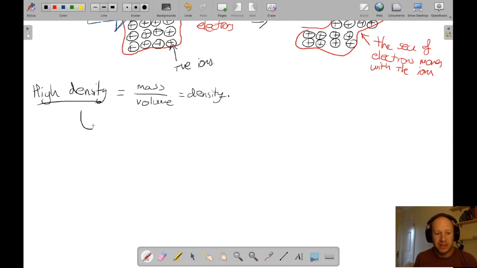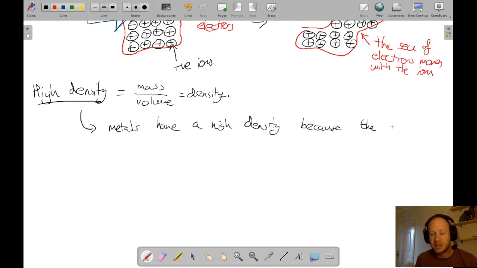So let's have a look why that's the case. Metals have a high density because the atoms are packed very closely together